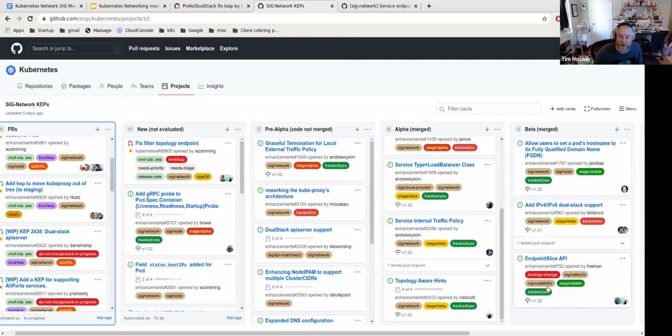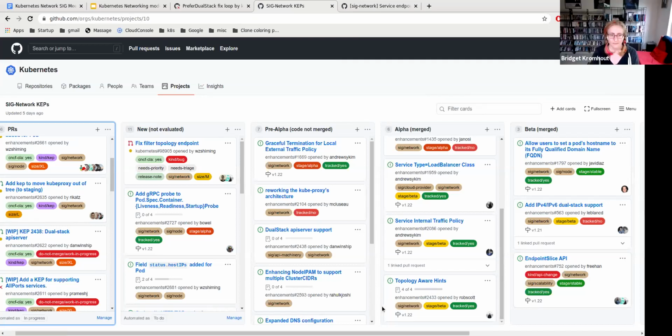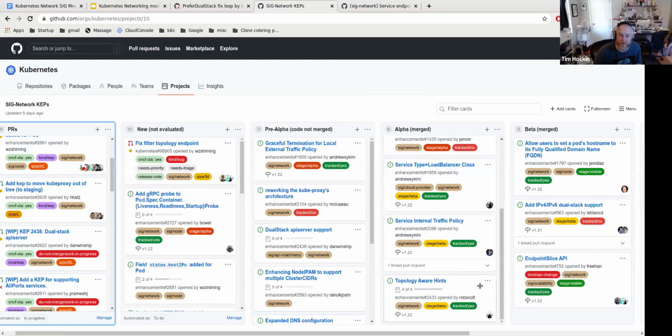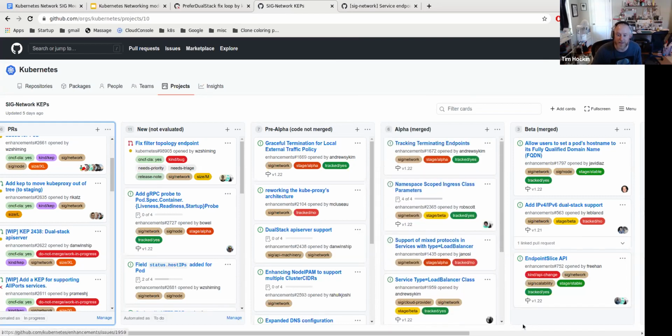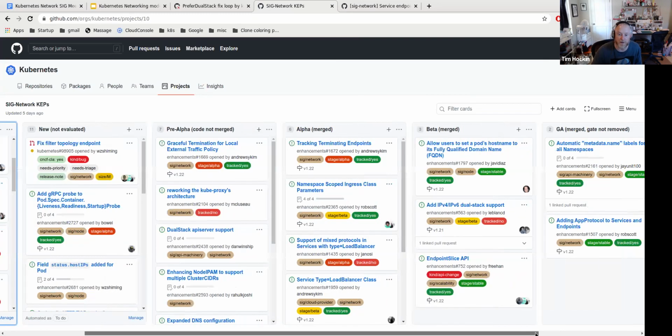On the other hand, it was definitely a wake-up call: if you're writing a KEP and you want to add a new gate, make it a new KEP, because otherwise your KEP is going to get stuck in this beta column while we wait for everybody to catch up. And what does it actually mean? Nothing much really. We can still call the endpoint slices GA. It's just not completely GA because it's still waiting on one straggler right here.